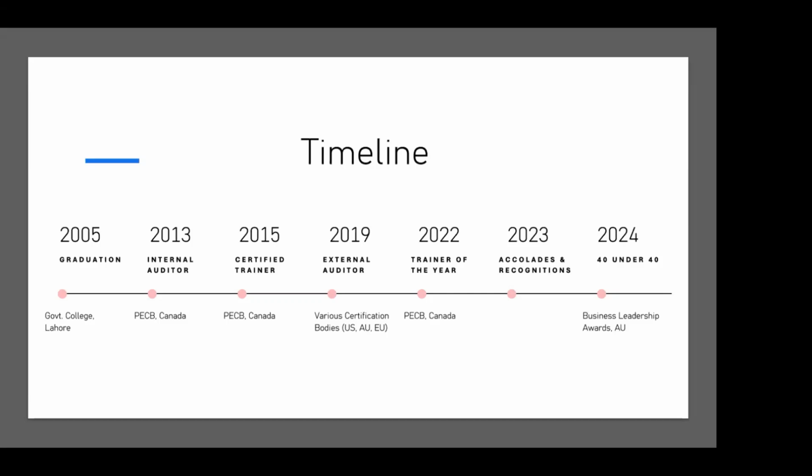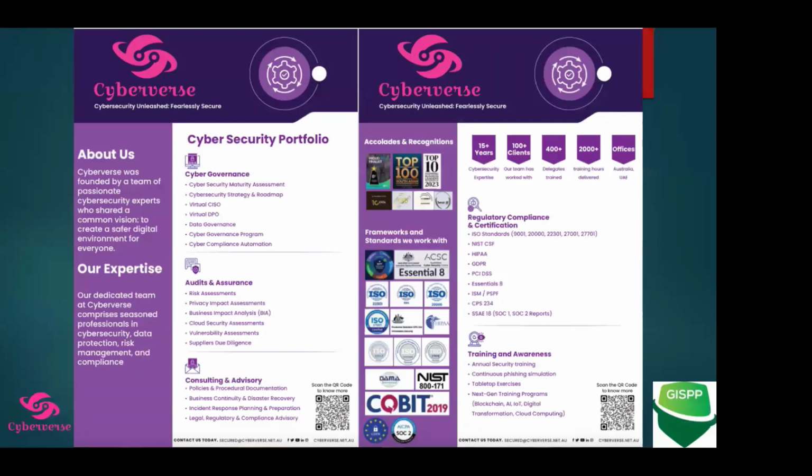Also, we started our own business back in 2018. We started the company with the name Azan Cybertech Consulting. In 2022, we started another company called Cyberverse. Again, we primarily provide all the services in the consulting space: cyber governance, audits, assurance, consultancy, and advisory services. So we are not a reseller, we are not a systems integrator. Our team is purely involved in cyber compliance, governance, risk management, etc.